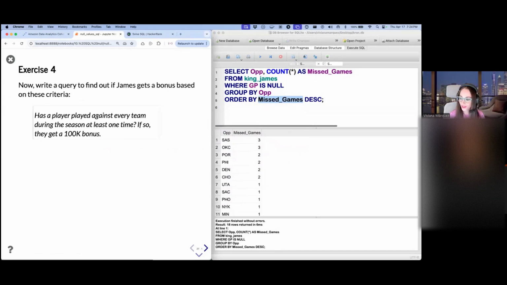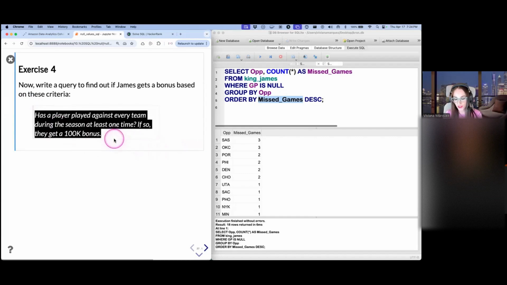Now for the next exercise, this one is a little bit more complicated. It says, now write a query to find out if LeBron James gets a bonus based on these criteria. Has a player played against every team during the season at least one time? If so, they get a 100K bonus. This question makes sense, but it's not immediately obvious what you need to do in